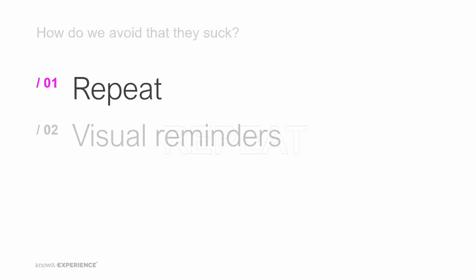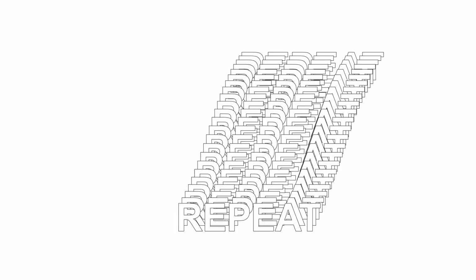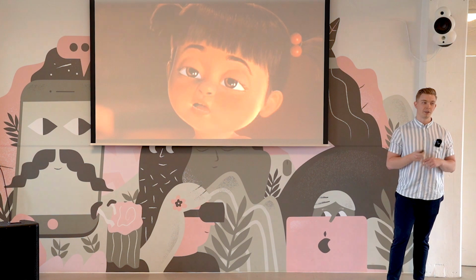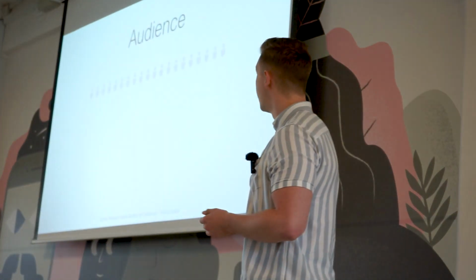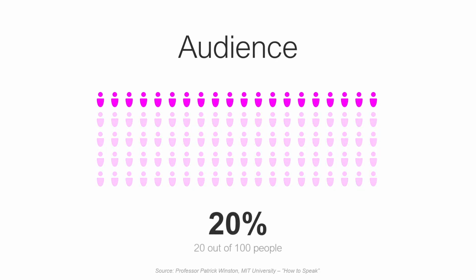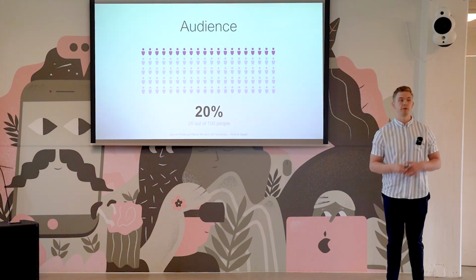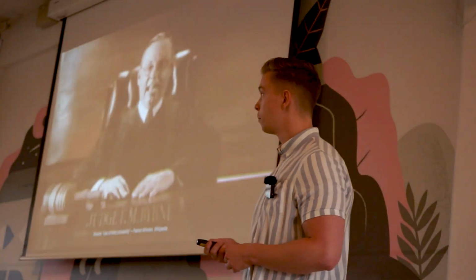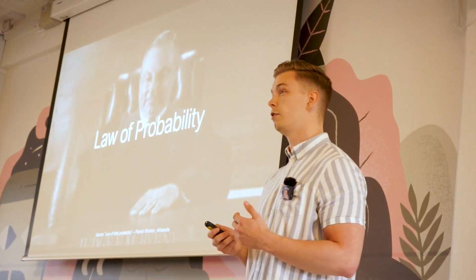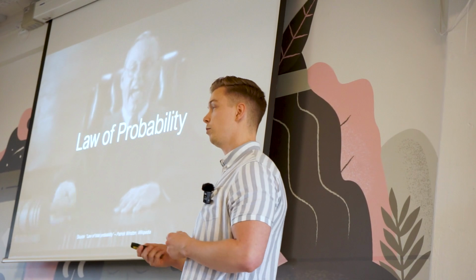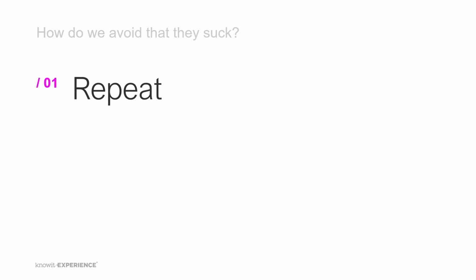When I say repeat, I'm talking about saying the same thing once, twice, and we need to circle around it a third time. Because at any given time, some of you will sit like this and be completely zoned out. In fact, in any given audience, there will be around 20% of you zoning out. But if we repeat ourselves and cycle around the subject matter 3 times, we can reduce that to 1%, because the law of probability tells us that you guys missing what I say 3 times is less than 1%. So to repeat, we need to repeat.